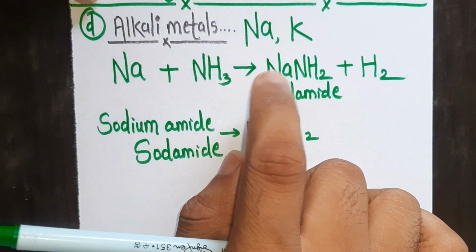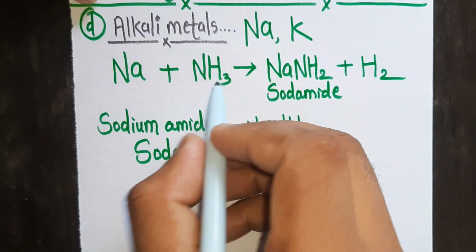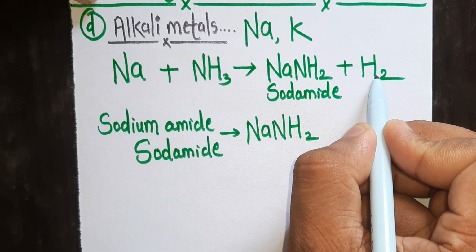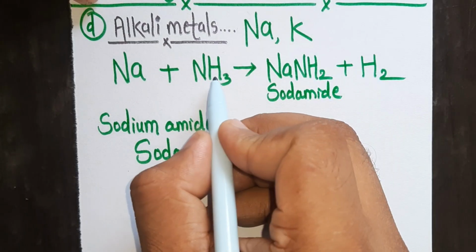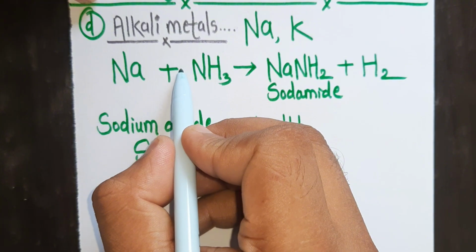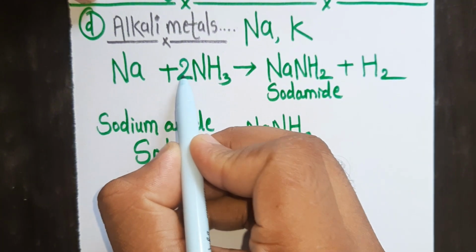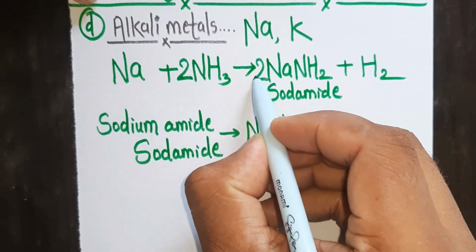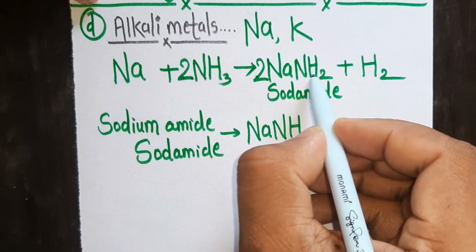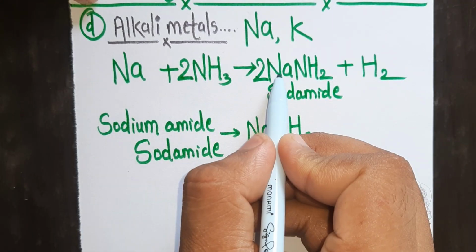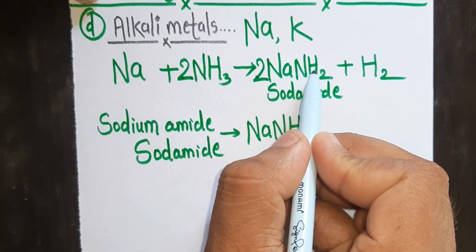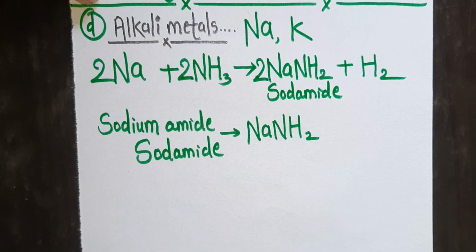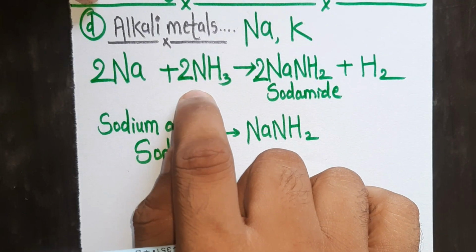Now can you balance the chemical reaction here? How many hydrogen are here? 3. Here is 2 and here is 2. It means the number of hydrogen is 4 on the right hand side, and the number of hydrogen is 3 on the left. Now if I write here 2, 2 threes are 6, and if I also add here 2, 2 twos are 4 and 2 is 6. Hydrogen is balanced here. Now the turn for sodium, the number of sodium atoms on the right hand side is 2 and on the left is 1, so I add here 2. Now is it balanced here, everyone? Nitrogen, how many nitrogen atoms are present on the left hand side?